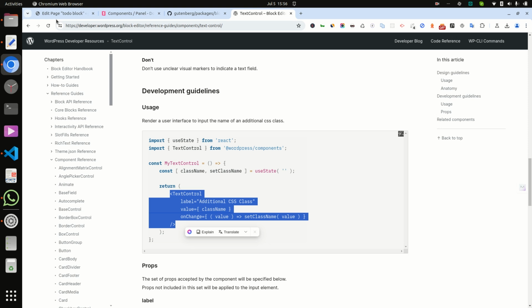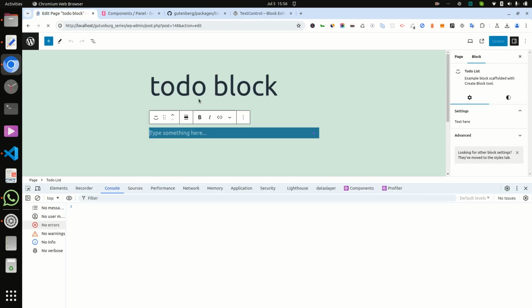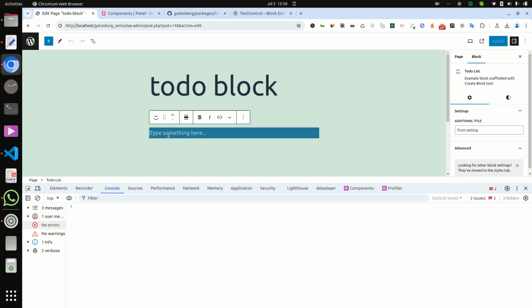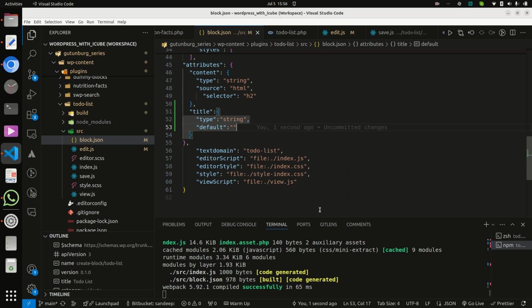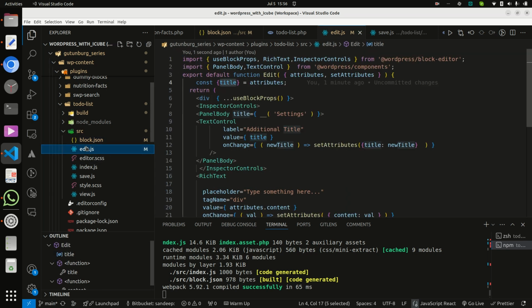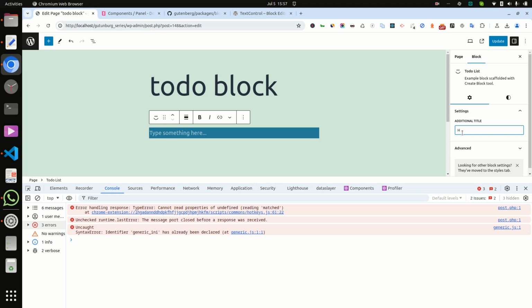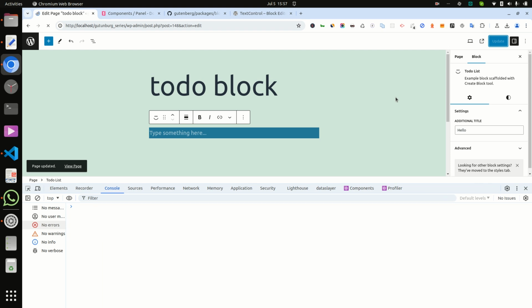When we click here, then additional title is coming, and it is coming from the string, from settings. Okay, now I use hello, and now it is coming.